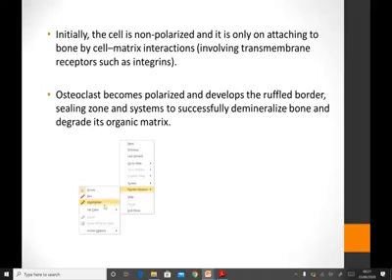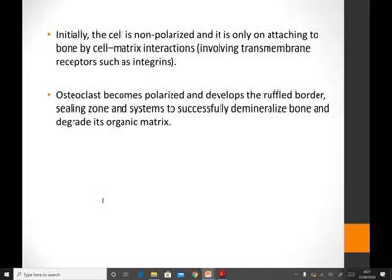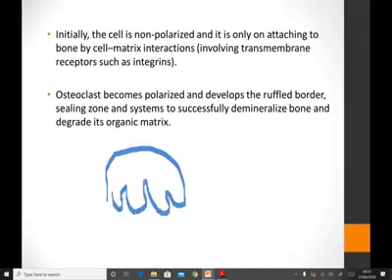Initially they are non-polarized cells और वो bone के साथ सिर्फ integrins की help से attach करते हैं, but then eventually they become the typical osteoclasts, which are polarized cells and having a ruffled border